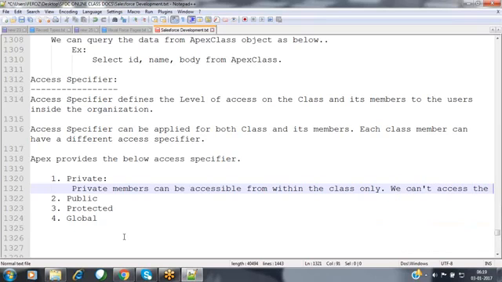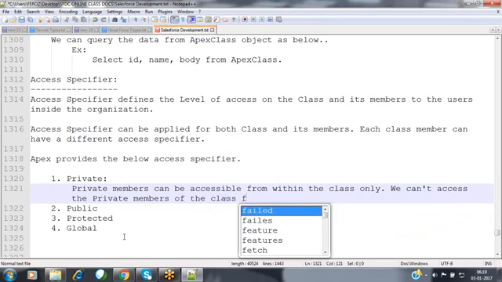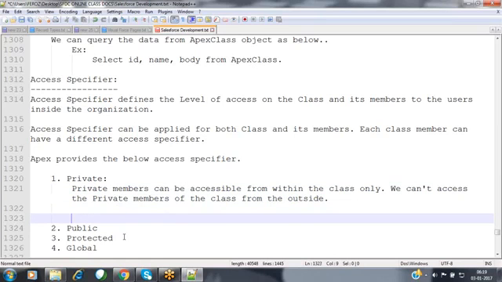We can't access the private members of the class from the outside. Whatever private members are available inside the class cannot be accessed from the outside of the class.